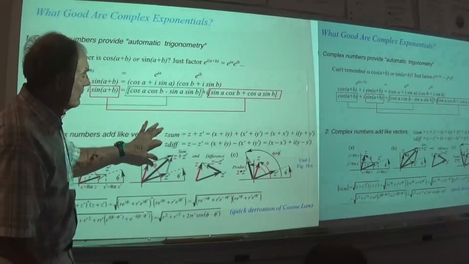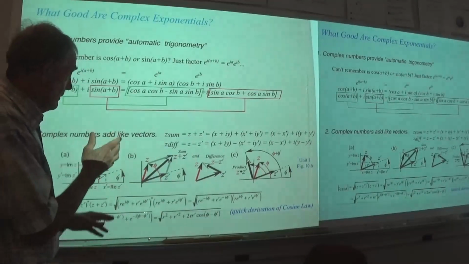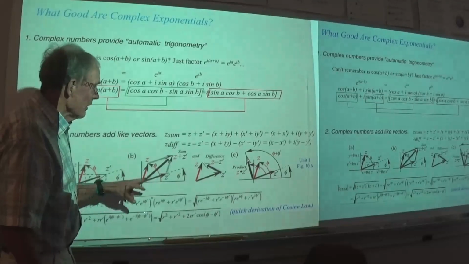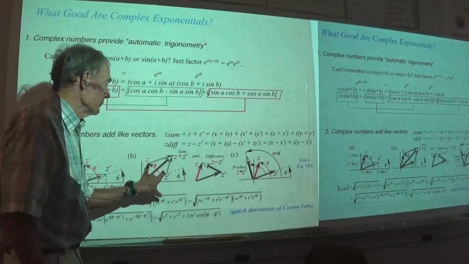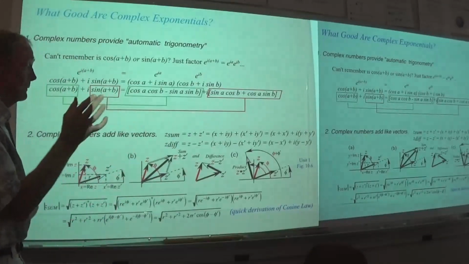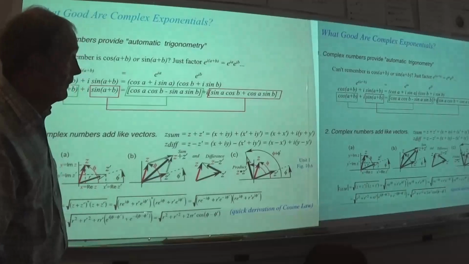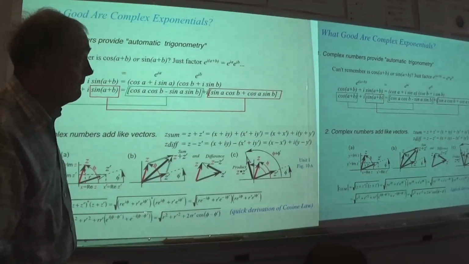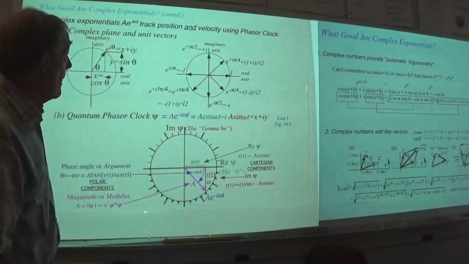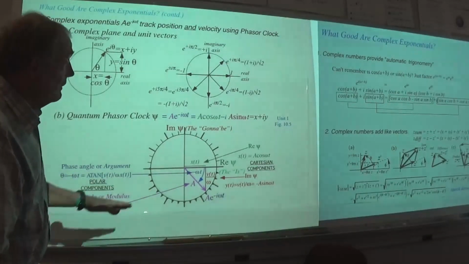But the basic idea is the sum and the difference of two complex numbers. We look and we see what those are. There's the sum right there, and then the cross thing is the difference. So it's simple geometry, and we read off the answer just by knowing where the sines and the cosines really are. So that's good. Phasor clock, I won't go through that again, but the basic idea of having